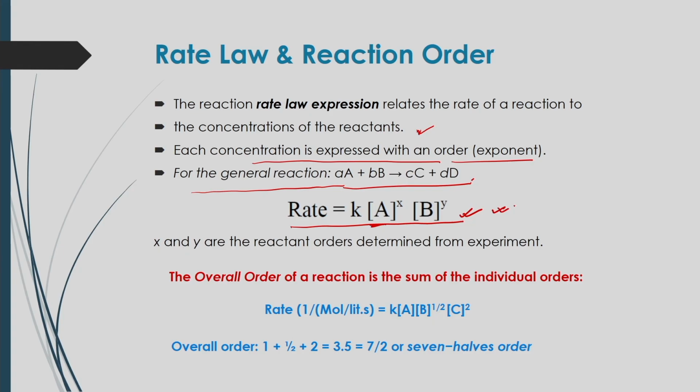Here it is expressed as k into [A] to the power x into [B] to the power y. Here x and y are the reactant orders, generally determined from experiment, and k is called the